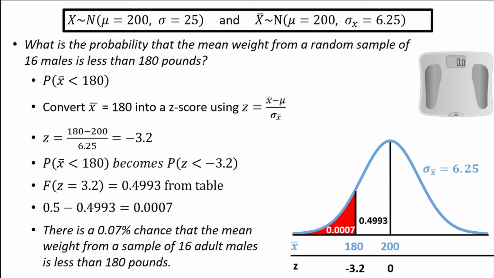The reason the probabilities are so different is because averaging inherently reduces the spread of the data. That's why the standard deviation of x bar is so much smaller than the standard deviation of x. It's fairly likely to sample one individual and find a value very far away from the population mean, but if you are sampling several individuals and averaging those observations, large deviations from the population mean become much rarer.